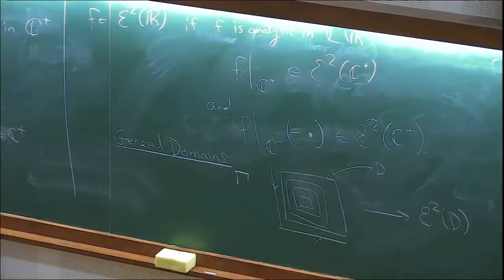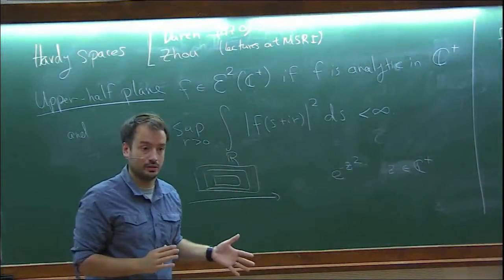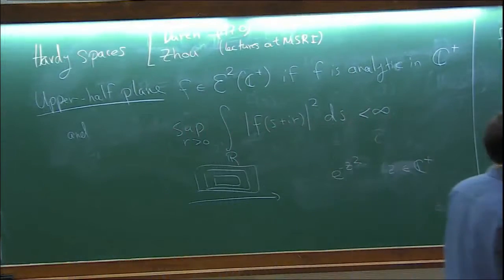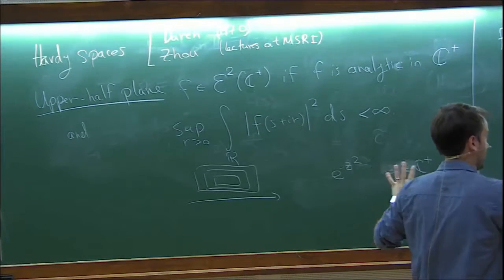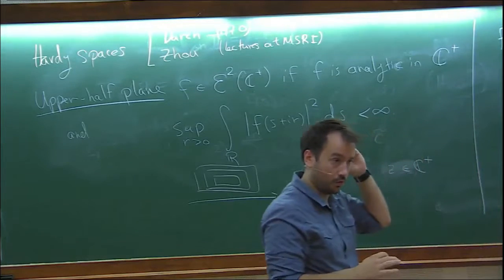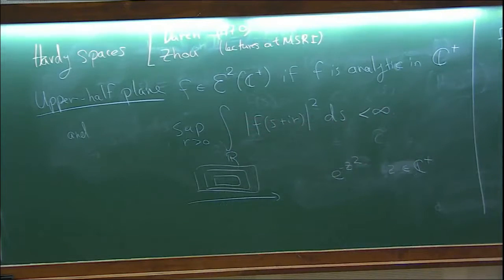Right, so I guess one way to think about it is the unit circle. You'd start with a point or a small circle in the middle, and then you'd take the supremum as your contour approaches the unit circle. It's the same idea, but you have to generalize it to different geometries. Okay. So this can be done. And this is probably the most technical part of the whole theory, understanding the Hardy spaces. And then establishing the L2 boundedness of the Cauchy operators is also extremely technical. But then this, along with these,